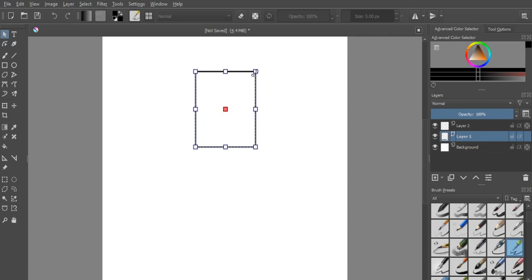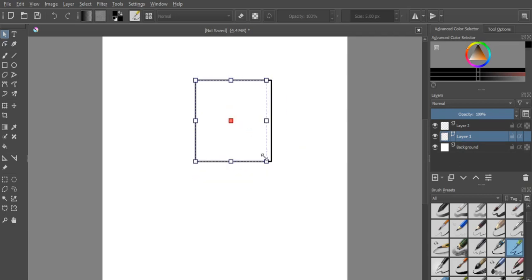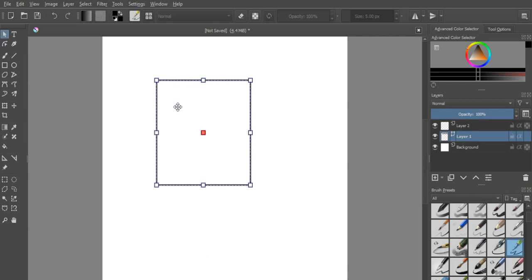Here is the top right. I can only move it from the top or rightwards. Here I can only move it right from the right side. I can make it wider or shorter from the right side. Bottom right. It works with the same principle. Bottom and bottom left. That's mainly how sizing works